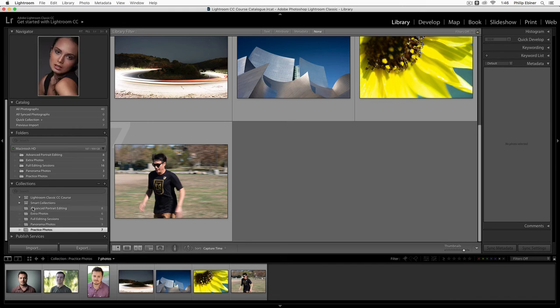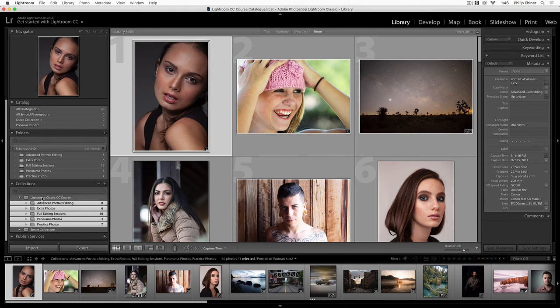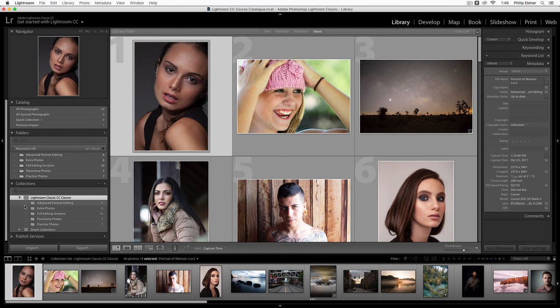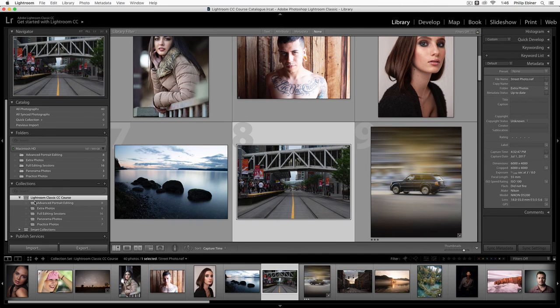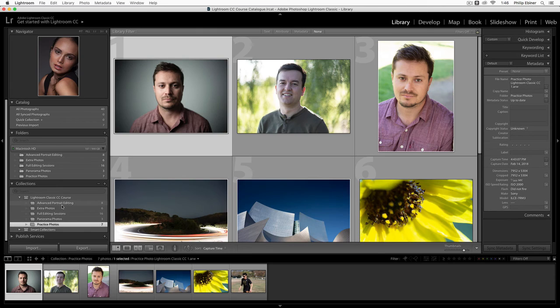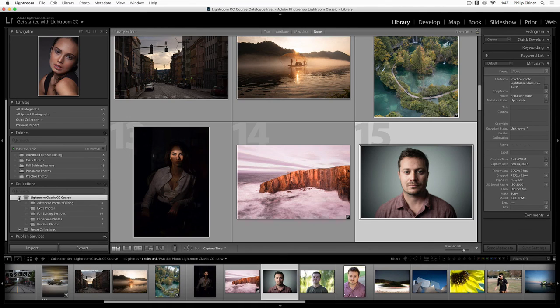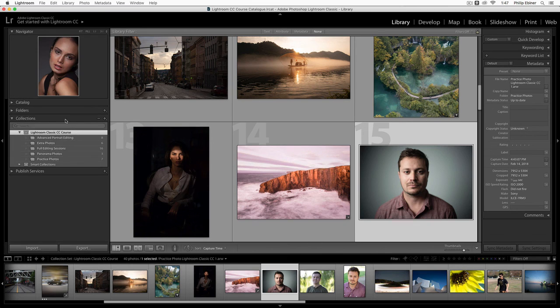Now there aren't any photos in it now, but if I select all of these folders and drag them into the Lightroom Classic CC Course master folder, now I have them all within there, and I can easily open up all the photos from this course or go into specific ones, which is going to be easy moving forward with this class. Now by simply toggling this up and down, we can more quickly and easily find the photos we are looking for.